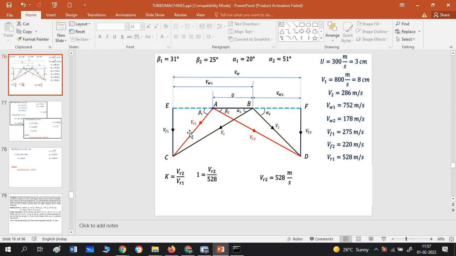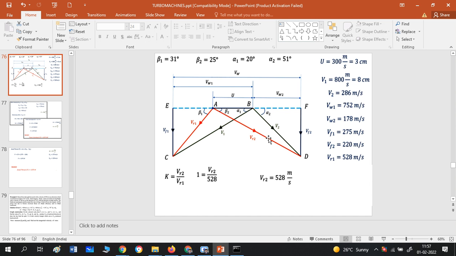So depending upon that left side inlet velocity triangle, they have taken alpha 1 here. With this horizontal line, on the horizontal line, they have marked u, which is given in the problem, 300 meter per second. So they have taken line AB. First procedure is draw line AB horizontal or with any inclination also. AB 3 centimeter, meaning 3 into 100, 300 meter per second is drawn. That is AB. Now from B, or A also.